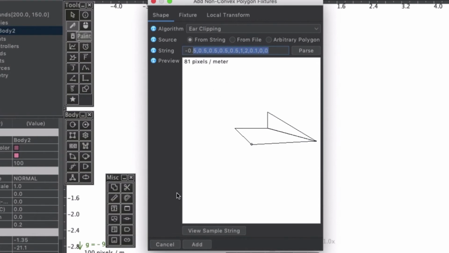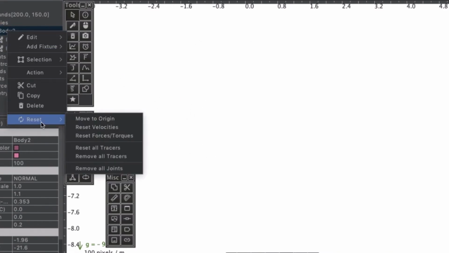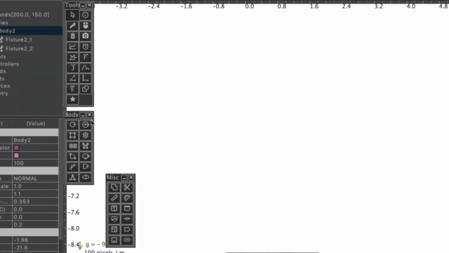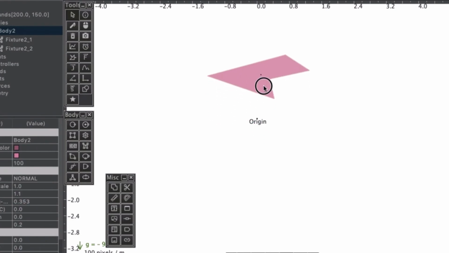Now you have to just add it. The body has gone somewhere else. Let us reset it. This is the shape that was created using the set of points.